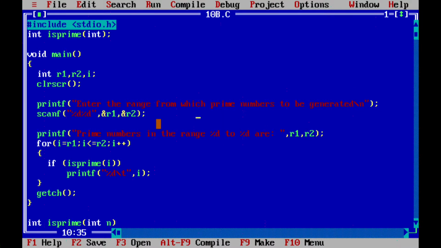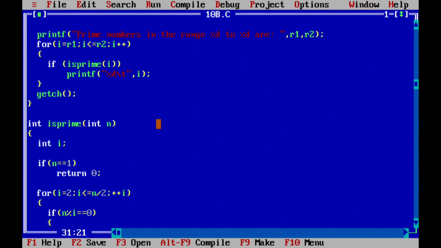It's a range R1 and R2. Print the prime numbers in the range. So for I equal to R1 to R2, I plus plus, what we are doing is calling is prime. If it returns 1, it will print that number. If it is not a prime, we are not going to print it.